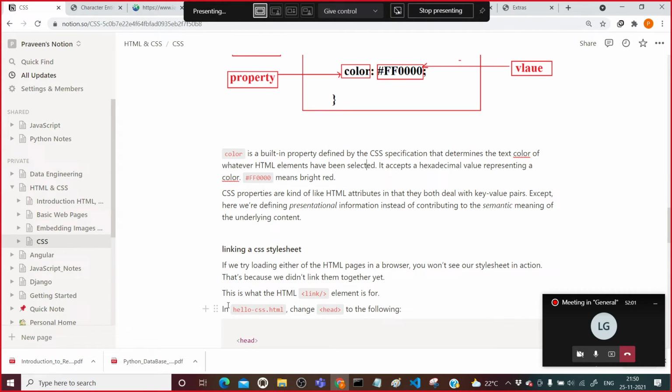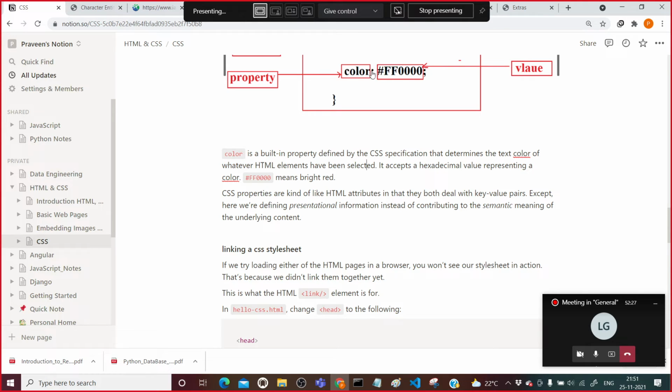Now CSS properties are kind of like HTML attributes, where in an attribute you give some attribute name, then equal to, then the attribute value. In the same way, here you are defining a property and a value. The property and value pair should be separated by a colon.